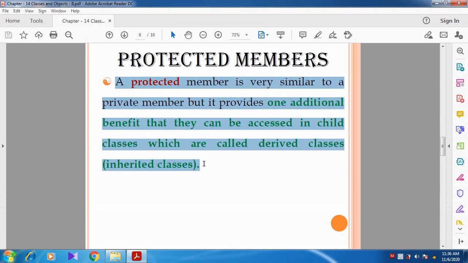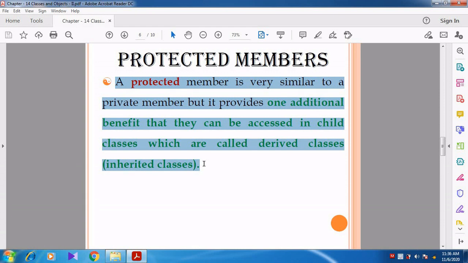Can you understand, students? Whatever asset they purchase, they use for themselves, and it is also owned by their child. Like that, a protected member is used to access within the class, and also in the derived classes.